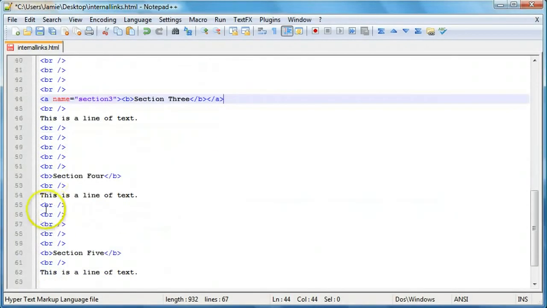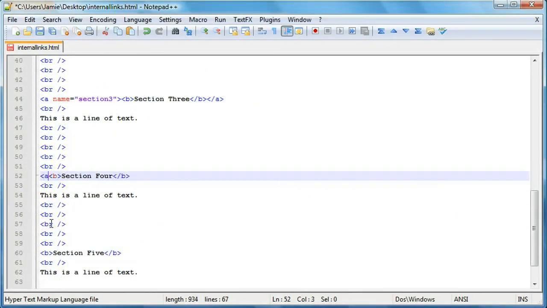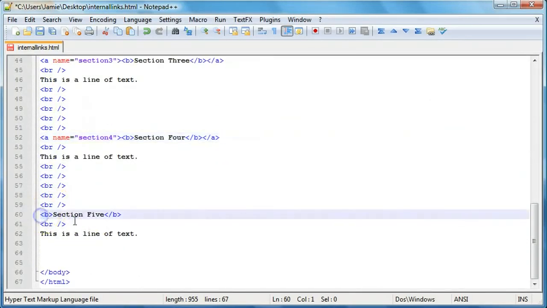Close that off. For section 4, same thing, a name equals section 4. And just remember that we don't include the pound sign or the hashtag, whatever you want to call it, because otherwise everything will be included in that, and we don't want that. So a name equals section 5. Alright, so now if we come over here